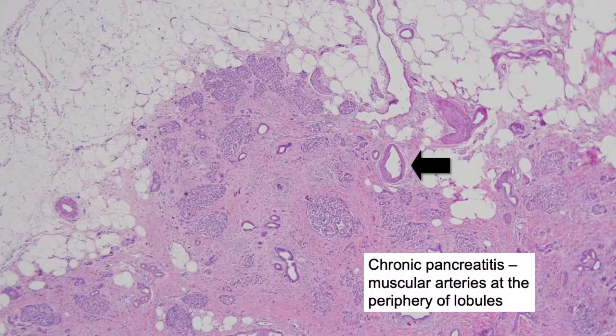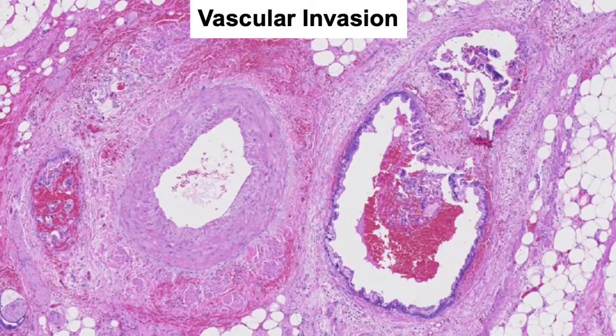And just to highlight that in chronic pancreatitis, where you have preservation of the architecture of the lobules, the muscular arteries are at the periphery, whereas the ducts are in the center. And so in chronic pancreatitis, you should never have a benign gland next to a muscular artery. Now, in addition to